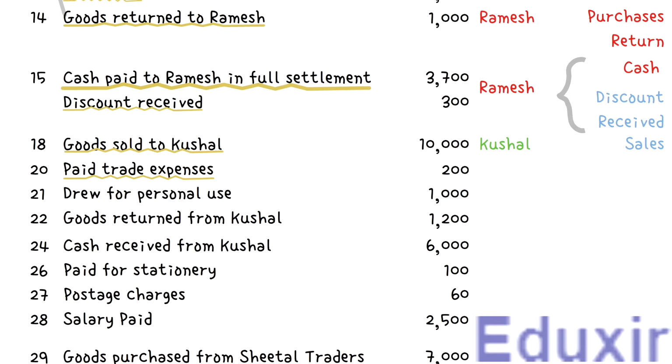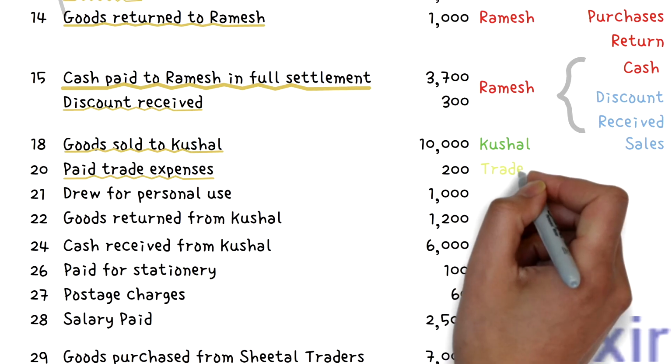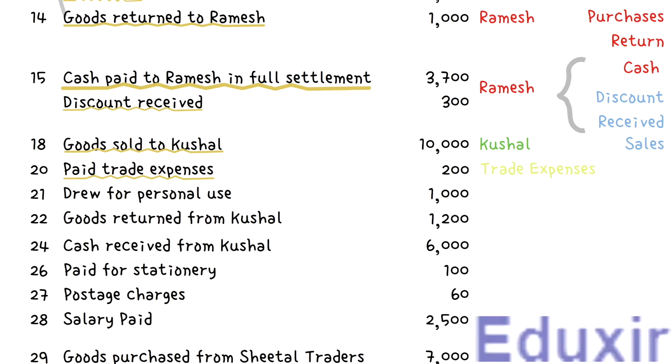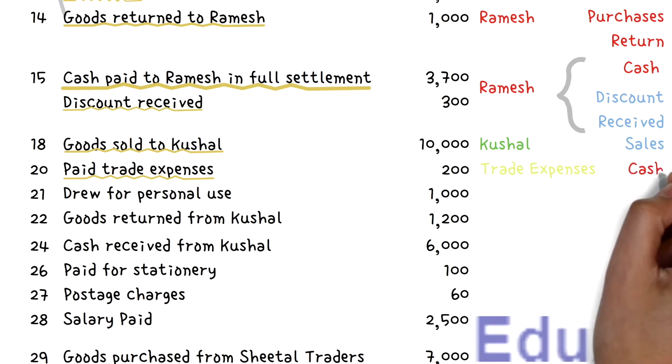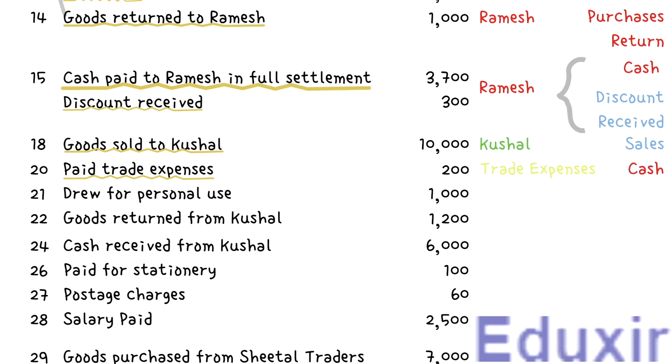Obviously, trade expenses are expenses. The rule to record any expense incurred is to debit the corresponding expenses account. In this case, the trade expenses account should be debited. At the same time, as these trade expenses are paid in cash, the cash asset available with the business will be decreasing in this transaction. The rule to record any decrease in the assets is to create the corresponding assets account. In this case, the cash account should be created. With this analysis at our disposal, let us now proceed with the journalizing of this transaction.